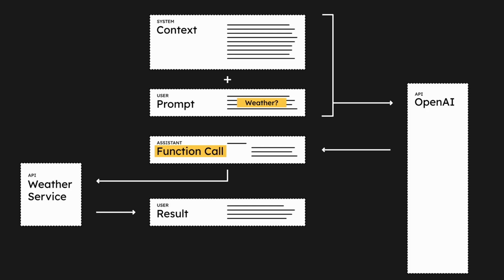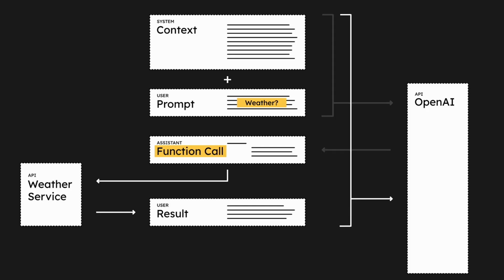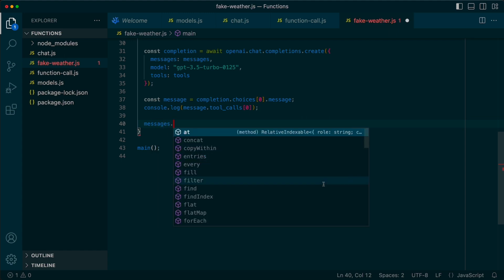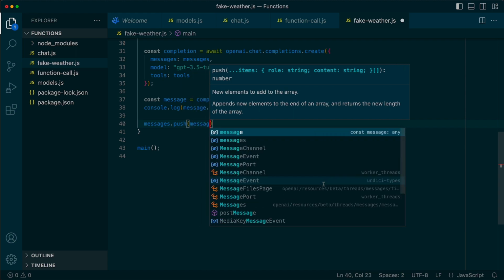Graphically, in our diagram, that looks like this. We have to bundle up all of our interactions and send them to OpenAI every time we make a new request to the Chat Completions API, so that OpenAI has all of the context that it needs to make a meaningful response. Here, I'm going to reference our messages variable again from above and just add on the last message